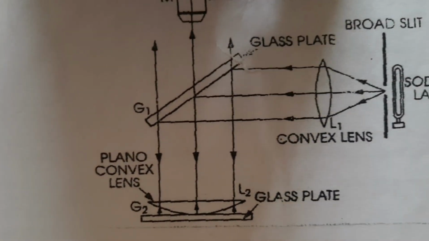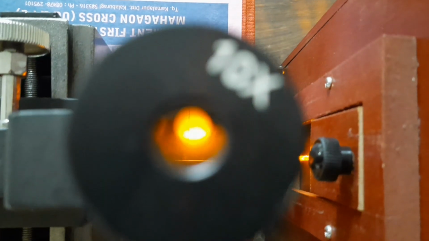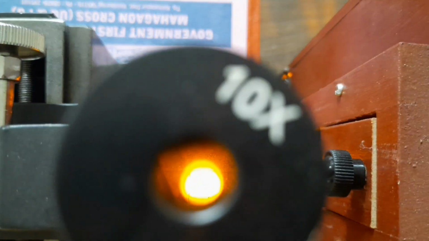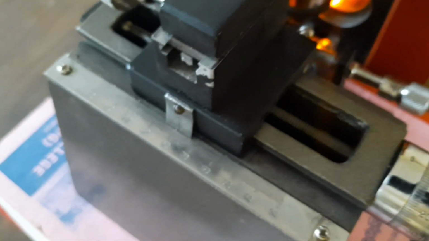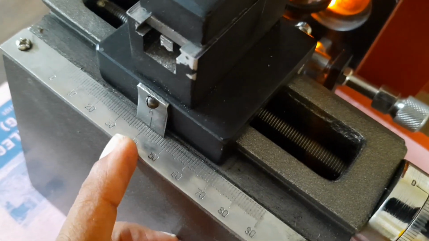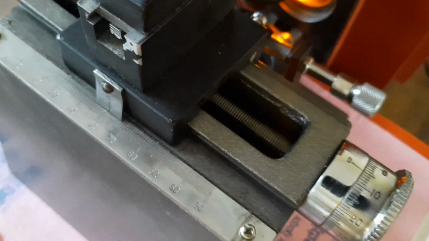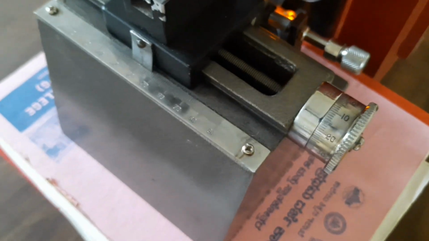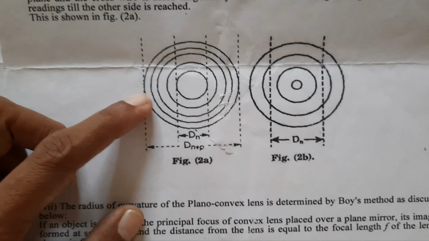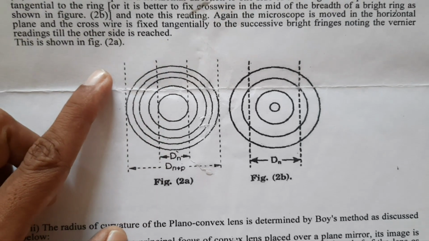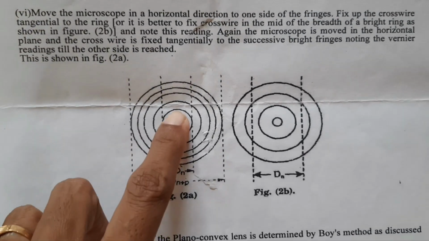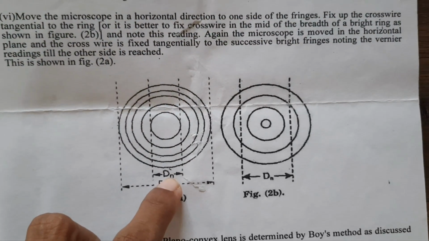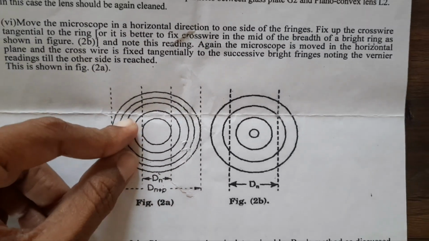concentrated circularly. So once we observe the Newton's rings, we have to note down the diameter of these rings using the total reading formula, that is MSR plus CSR into least count. Here are the ring patterns, bright and dark rings we are going to observe, that is the interference of the fringes. So if we take the first ring inside, this is the diameter of the ring. So how can we measure? We should move the